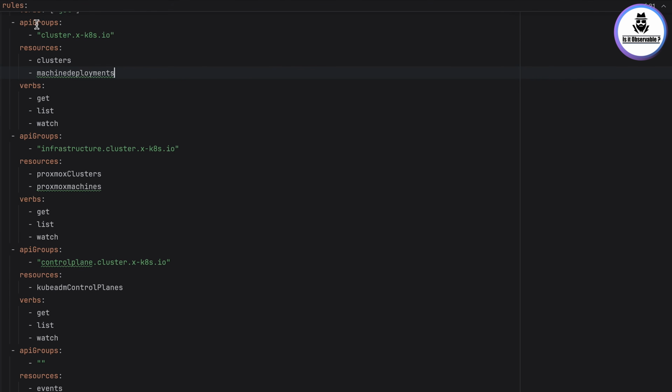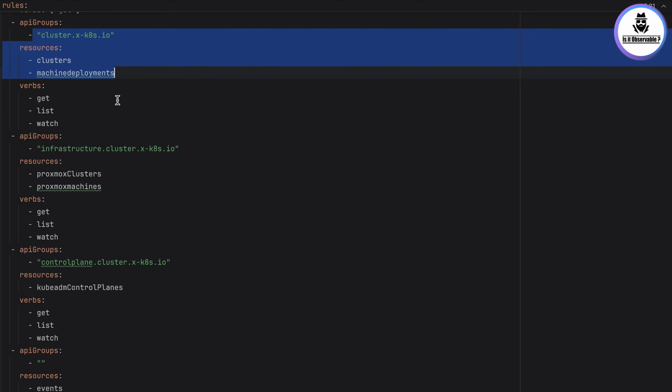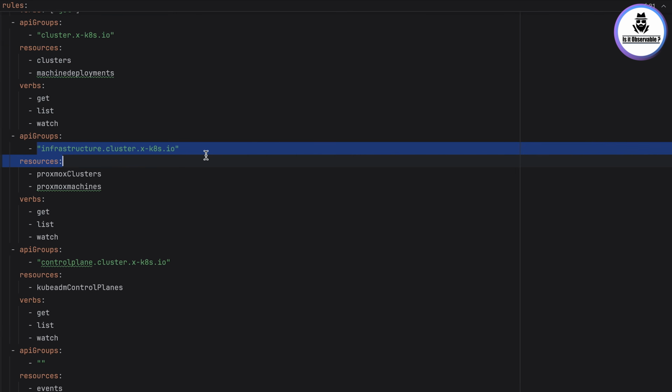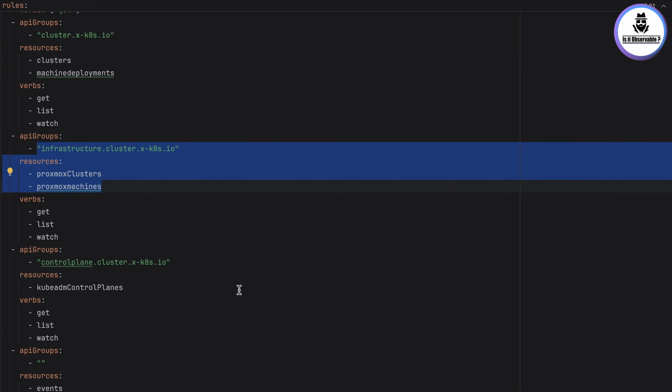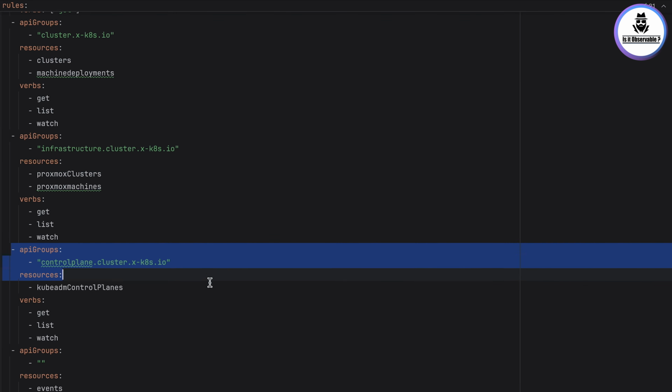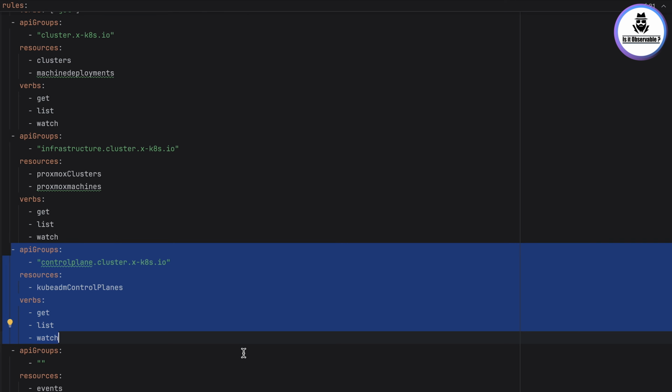To enable the collector to access those CRDs, the service account used by the collector needs to be granted the following API groups. So here is the list of all the various API groups and verbs and so on that you need to add in your RBAC. Regarding the metrics, even if the cluster API currently exposes a very limited number of metrics,